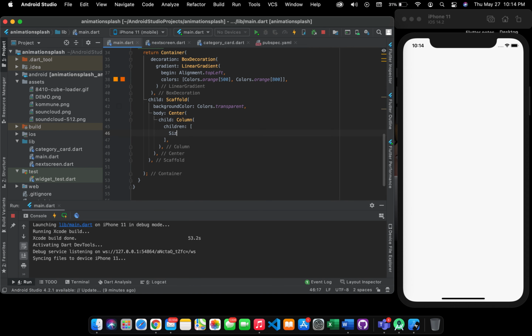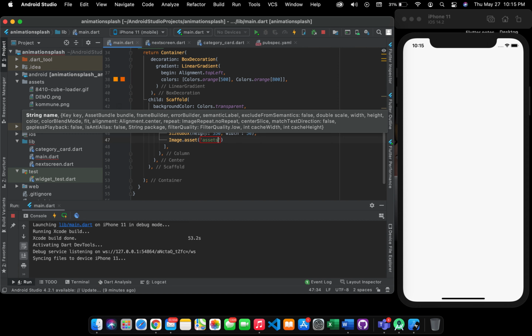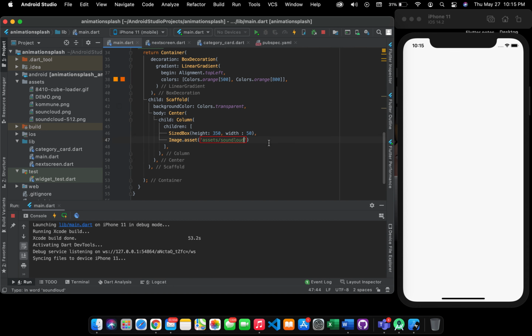and add a SizedBox to add an image, and give it a height of, let's say, 350, and let's say give it a width of around 50. And after SizedBox, we want an image to appear. I had already added the SoundCloud logo here. We want to give it assets slash SoundCloud 512.png,